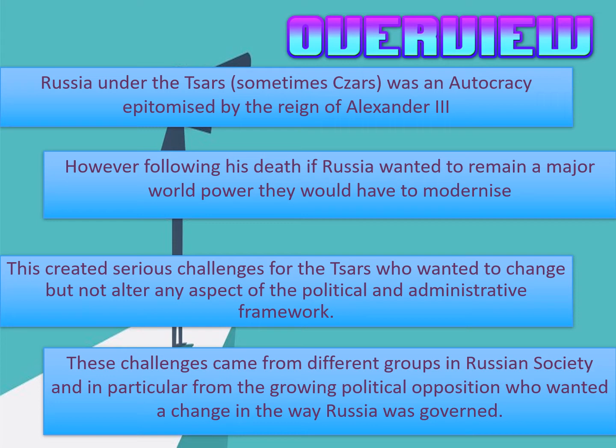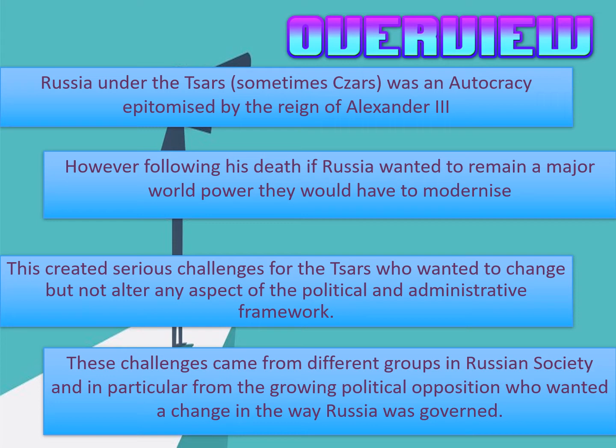It's Nicholas's father. He's very stringent about the rules and what he thinks an autocracy should look like, but we'll come back to that. However, following his death, Russia is in a period where the rest of the world is starting to modernise, and if they want to remain this major world power that they have been up to this point, then they are going to have to modernise as well. Now, be careful when we think about modernisation. We don't just mean modernising in terms of the industry and the economy, we also mean in terms of the democracy and the way of education and things as well.